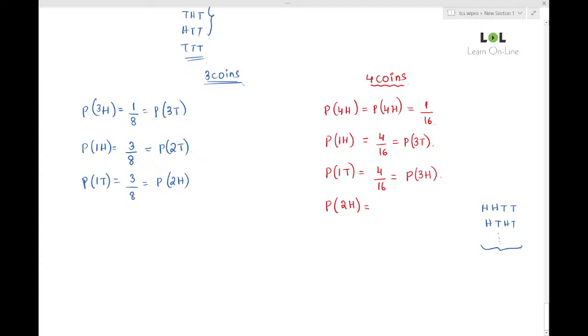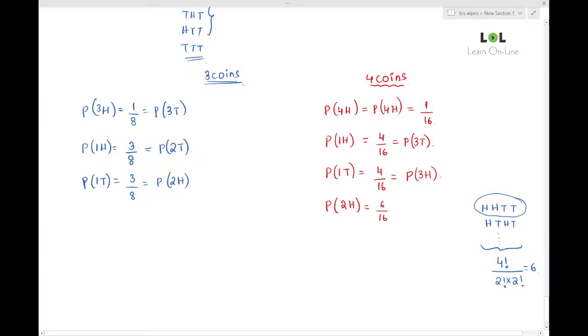Use the concept of forming words here. Look, how many letters are there? 4 letters are there. 4 factorial ways we can rearrange them, divided by the repetition of 2 heads and the repetition of 2 tails. If you do it, you will get exactly 6. So this will be 6 by 16. What is my answer? 6 by 16. You will understand it. I am repeating it. Listen to me carefully.